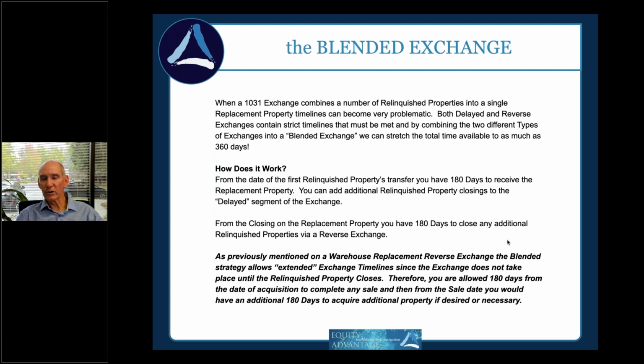To get that transaction done, we've got to give you ownership within 180 days of acquisition. And then if you've got excess funds coming from the sale or future sales, you would have that 180-day clock start at the time of disposition for those, and we could stretch out, going forward. So we had a partial reverse and a partial delayed transaction, and that's a blended transaction. So, if you've got a situation, we end up with this a lot of times when we're aggregating multiple relinquished properties into a single replacement, or we're going to take a single relinquished and go into multiple replacements. This strategy can actually help you get where you want to go, and it works very, very well.